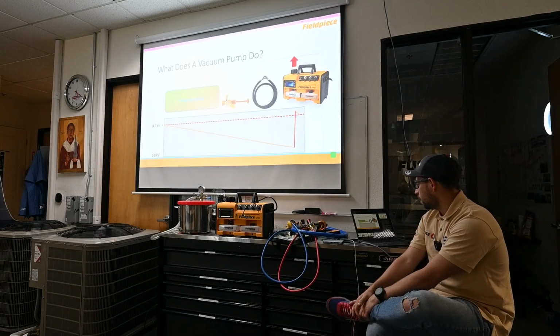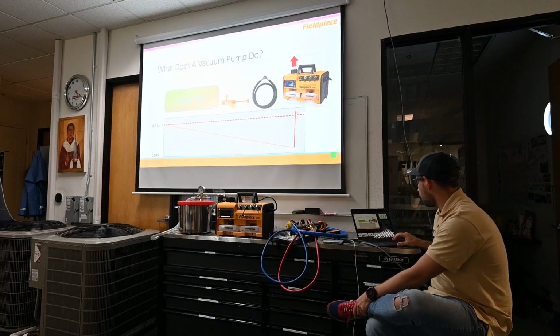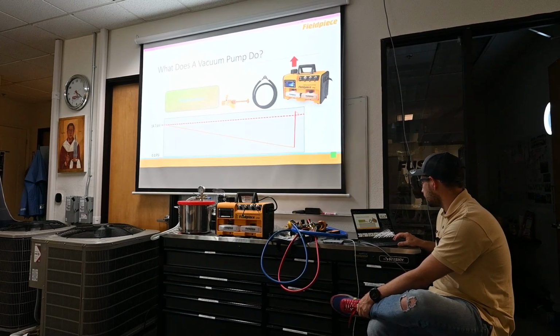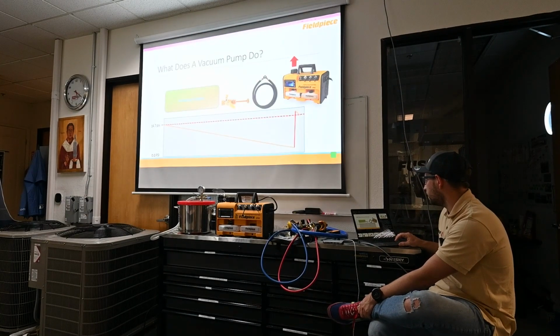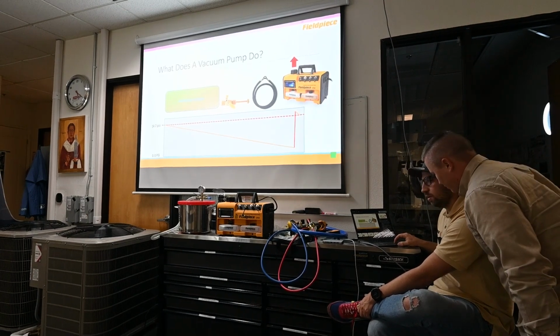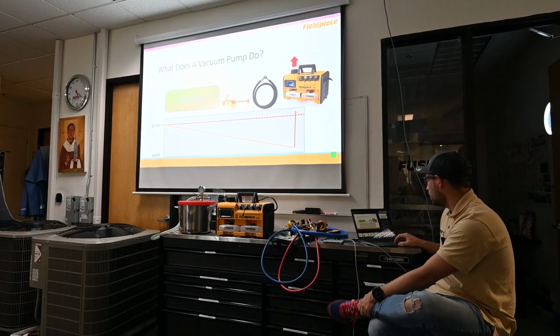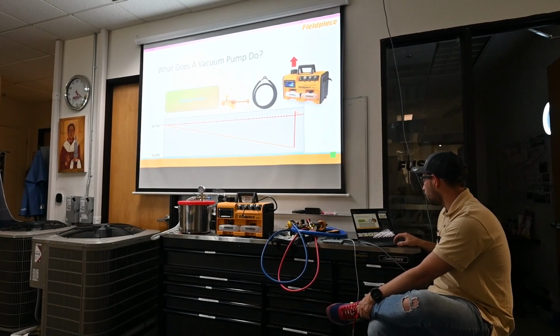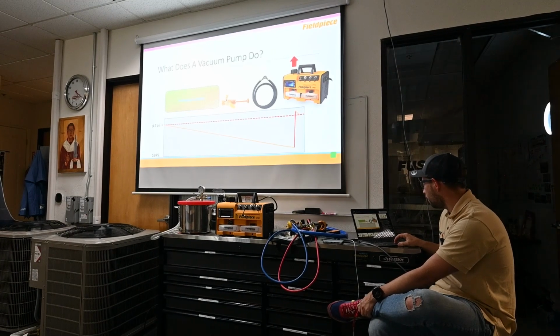What does a vacuum pump do? The vacuum pump causes a flow of gases towards the pump by creating a pressure differential between the pump and the systems. To start the flow, the vacuum pump creates a low pressure hole by ejecting molecules out of the pump into